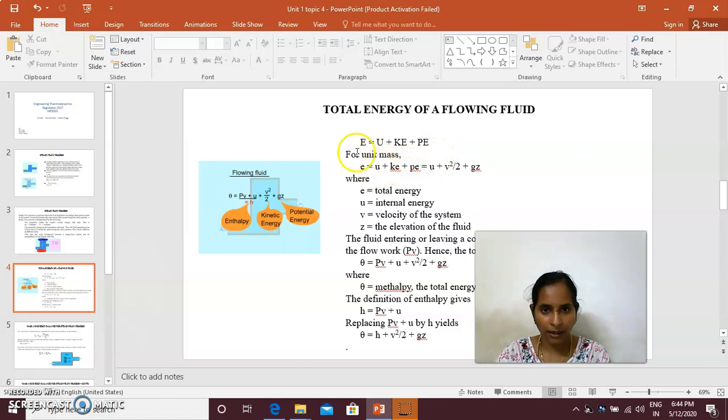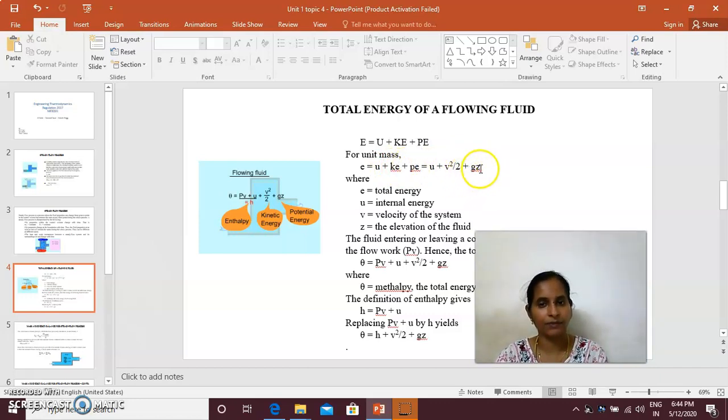Okay. And for unit mass it is small u. We will be using specific properties, divided by mass, denoted by small letters. So energy is equal to internal energy plus kinetic energy v squared by 2 plus potential energy